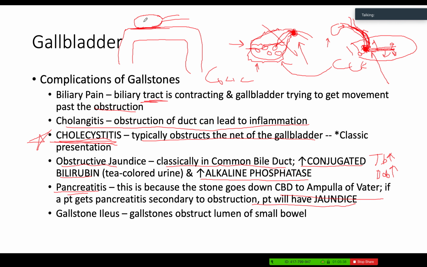And so if we have a bunch of gallstones inside of this gallbladder, they can cause inflammation of the wall of the gallbladder, okay? So now we have an inflamed gallbladder sitting against the wall of the colon. So guess what? The colon's going to start feeling that a little bit. Now the colon wall is